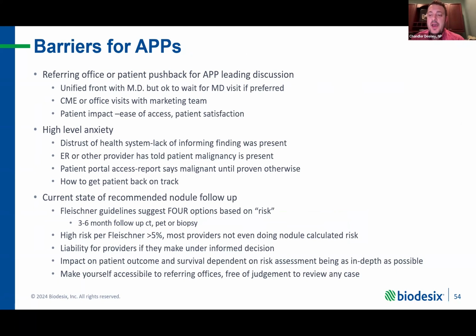I get a lot of kickback, and I'm used to it, about I would rather see the doctor versus a mid-level. Maybe I've had a bad experience. Maybe that's just what they prefer. Even some providers prefer the doctor. And in those instances, we offer them those opportunities. Now, with them doing more bronchoscopies, that limits their days in the office, whereas I'm there Monday through Friday. When patients go through the ER with chest pain and get that CTA of the chest to make sure they don't have a PE,